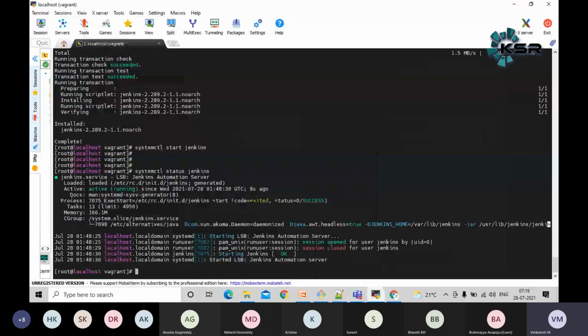This is how we can start the Jenkins service. Also, one more thing I have mentioned, we need to enable it as